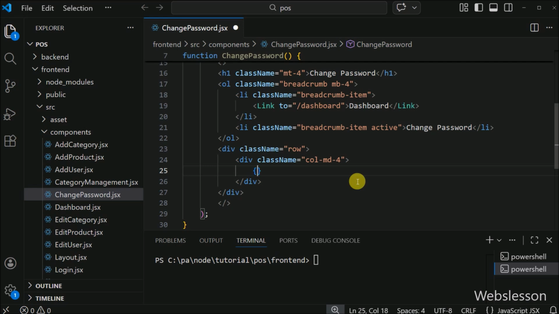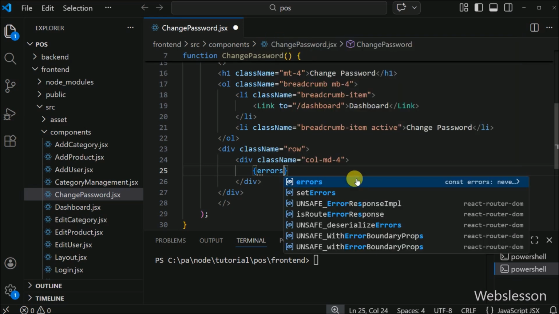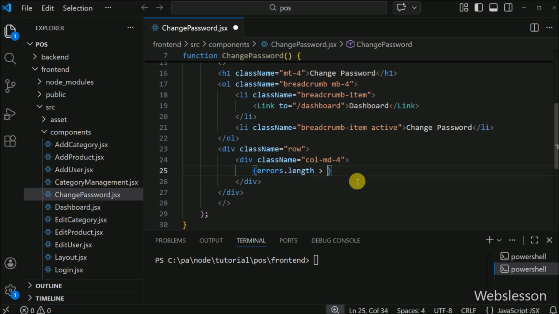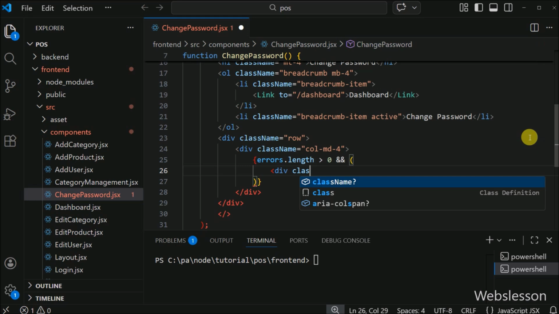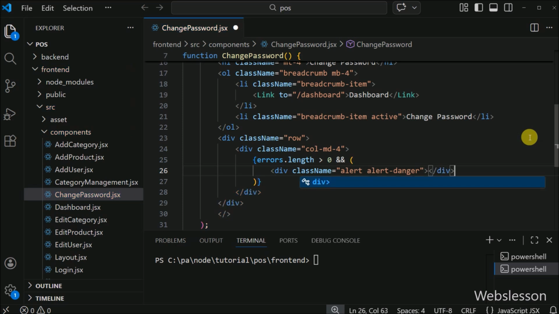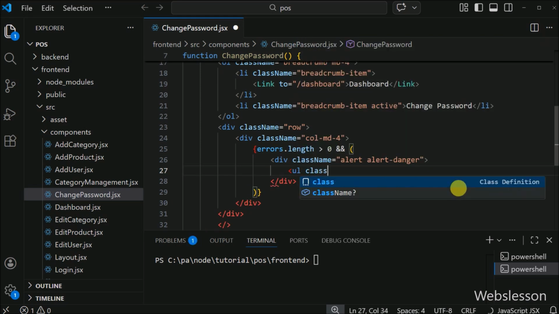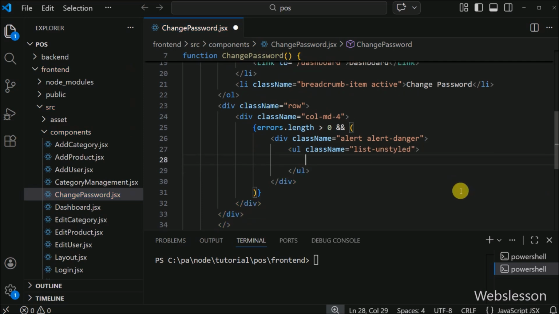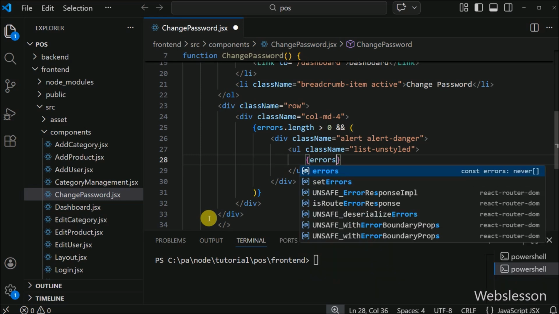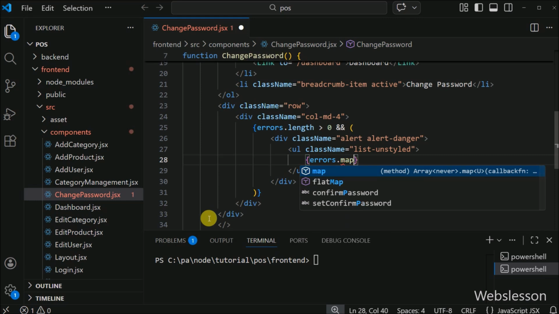After this, we have to write open and close brackets, and under this, we have to write errors variable dot length greater than 0, and open and close brackets. Under this, we have to create one division tag with the className attribute equal to alert and alert-danger class. Under this, we create an unordered list tag with the className attribute equal to list-unstyled class. And under this tag, we have to write open and close brackets, and between this, we have to write